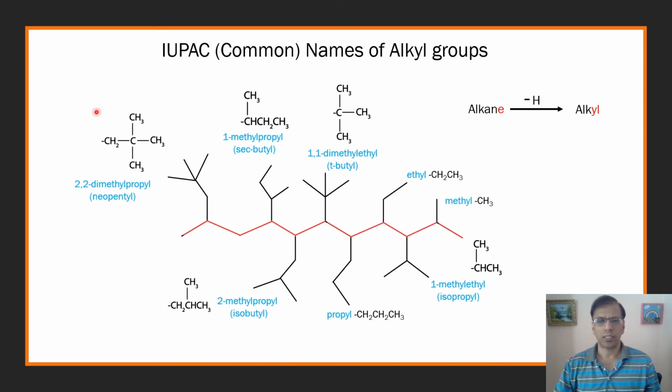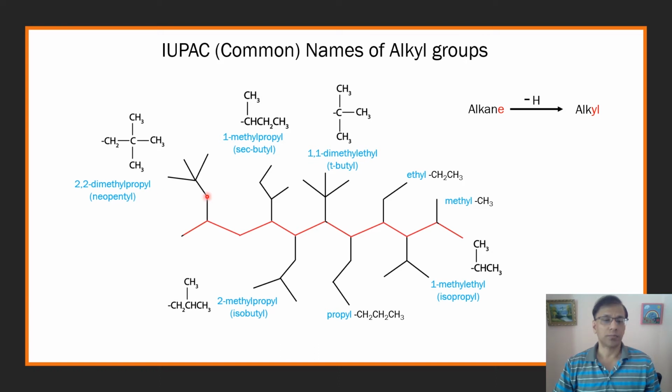These all are branched substituents. This is the neopentyl. Neopentyl is the common name, and it's also written in this form, or you'll see it in molecules like this. This all is neopentyl. Neopentyl is the common name, and the IUPAC name is